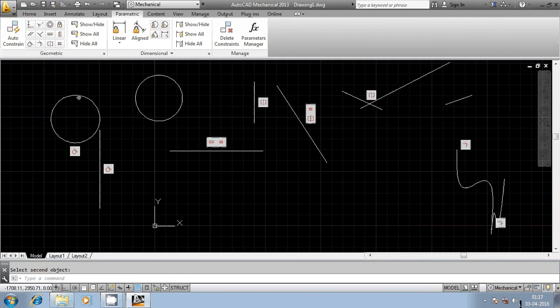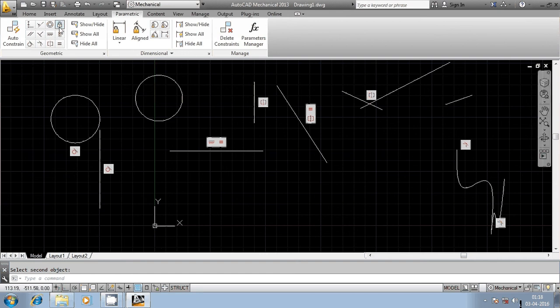Okay, to be frank, you have to constrain this circle also, the position of the circle also. The circle should not move. But in this case in AutoCAD, whatever first entity I select will not move. The second entity will move with reference to the first entity. But then also the most appropriate method is to always constrain the first entity also.